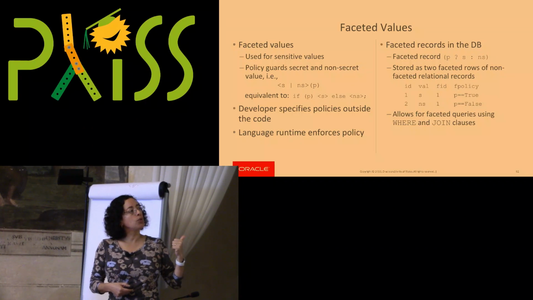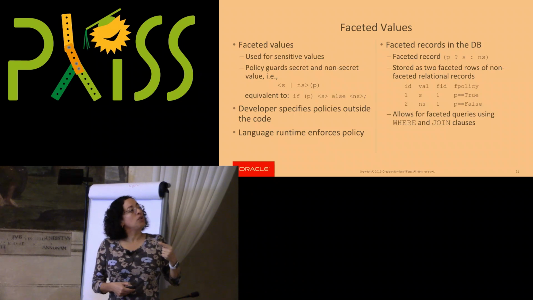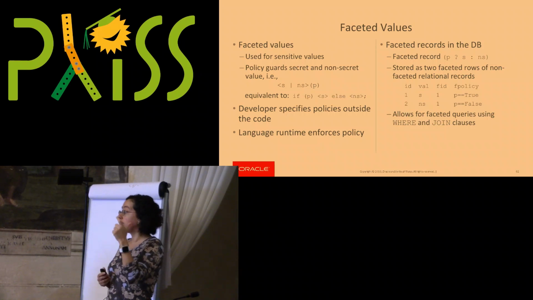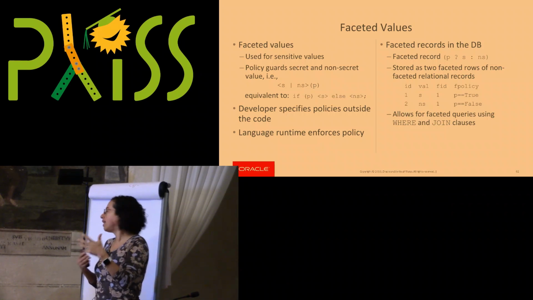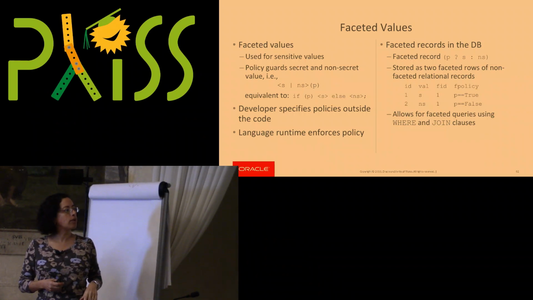So what we're going to do is that we're going to store 2 records for every single equivalent, like one conceptual record, right? And so if we have, for example, a policy that in the true case is going to be the first record, in the false case is going to be the second record. That equates to the sensitive data and the non-sensitive data, right? But they make use of a key just to track that both of these are actually part of the same conceptual record that they're trying to store into that database. And that's just for prototyping purposes. This makes sense as an easy way to do it, right?